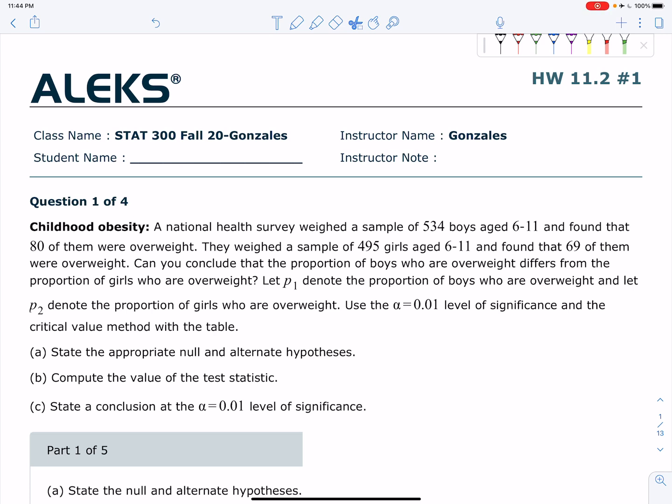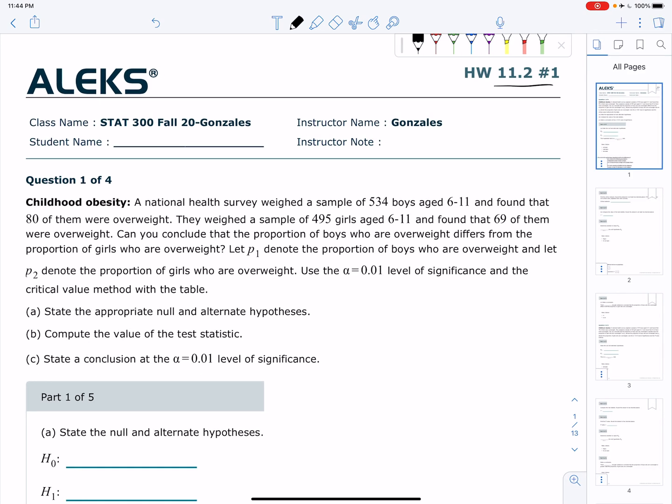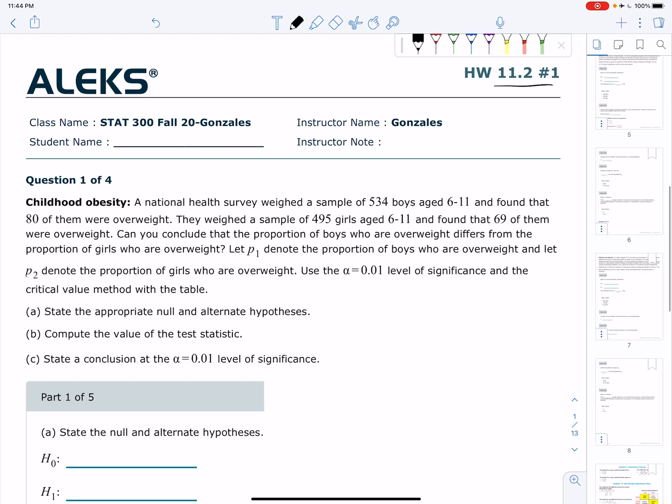Hello, Stat 300, this is Professor Gonzalez, and I'd like to do some problems from the assignment side of Alex. This is homework set 11.2, and we're taking a look at the difference of two proportions. So we actually have two proportions and are doing hypothesis testing with that. This is section 11.2, and just to show you a couple of things, I made a document called